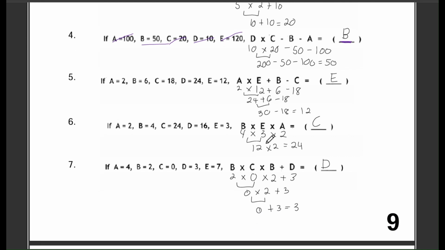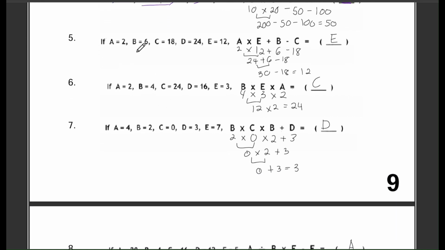Why not the others? A is 100. We subtracted that. C is 20. Too low. D is 10. We used it in the first step. E is 120. Too high. Question 5. If A equals 2, B equals 6, C equals 18, D equals 24, E equals 12, what is